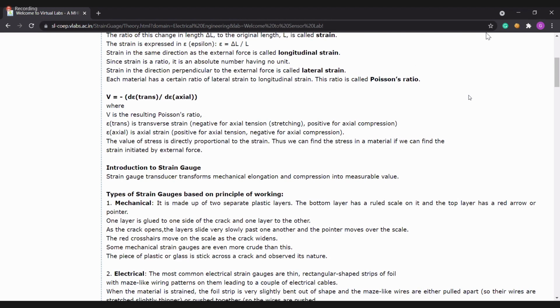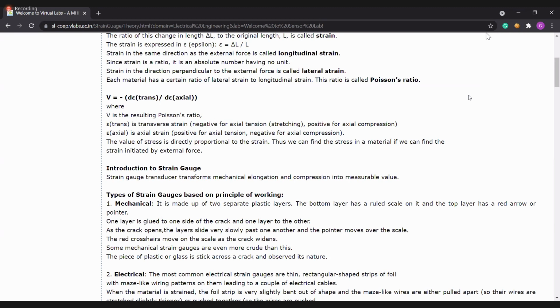What is the use of strain gauge? Introduction to strain gauge.